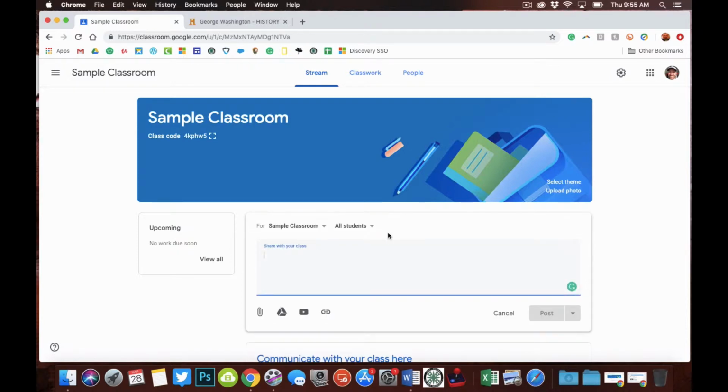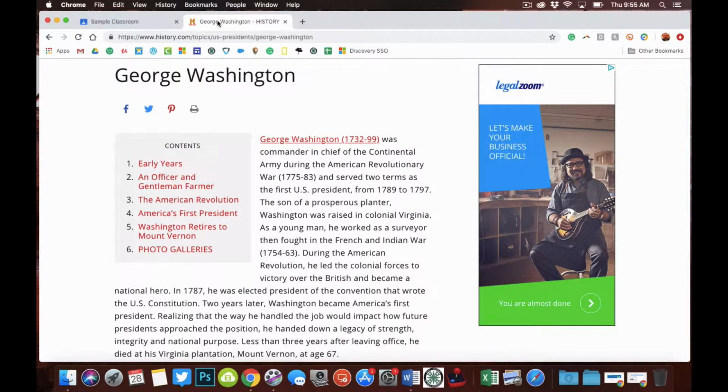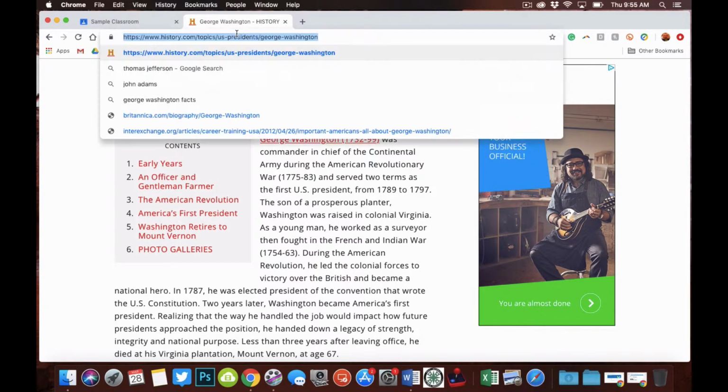This is a great way to remind your students about upcoming deadlines. It's a great way to share things that you're going to be using in class quickly with them. It's a really helpful tool for just trying to keep things in their minds while they're working hard. So let's say that I want them, when they come into class, to read this article about George Washington. So I'm going to go ahead and highlight and copy this particular article and go back to